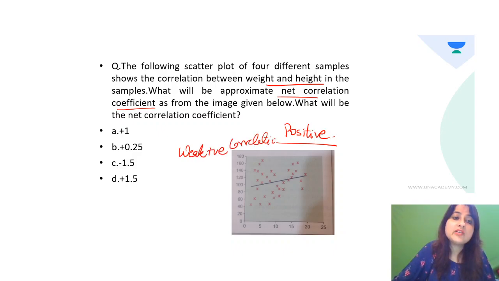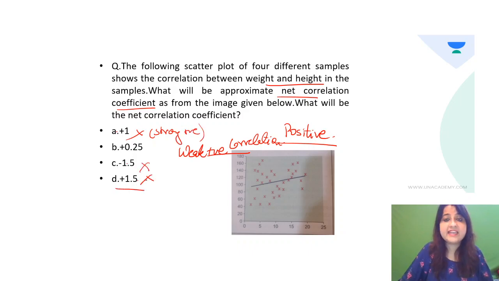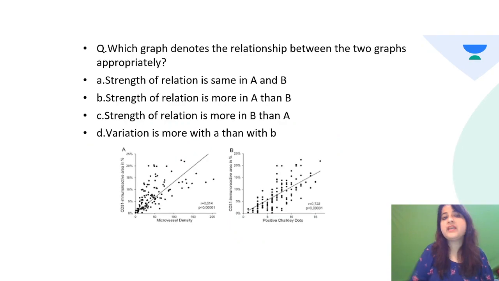Now for weak positive correlation, of course, +1 is out of the options, because this is a strong positive correlation. -1.5 or +0.5 तो होता ही नहीं है. It's not more than 1 and less than -1. So the nearest answer was 0.25, because the slope was almost going to be horizontal. So on the basis of dots as well as on the basis of slope, you can decide whether it's weak or strong. One more question to make you explain.